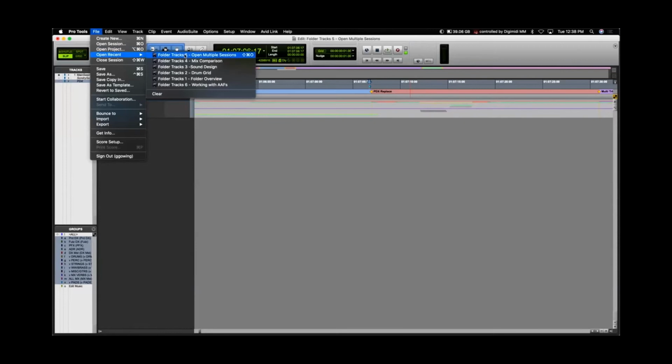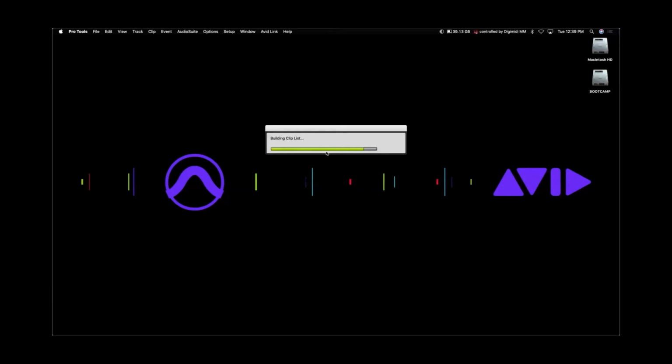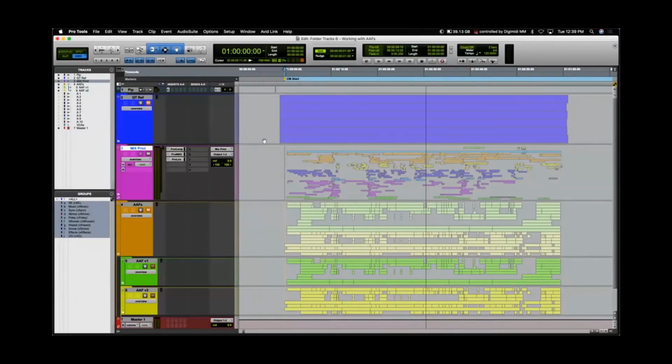And then one last way to use folder tracks is if you work a lot with AAFs. And similar to what we're doing here with multiple sessions open, kind of how we were working before with our sound design session, you can have a bunch of different elements that are all compartmentalized away in different tracks or in different folders that allow us to really easily jump back and forth between maybe the main part of things that we're working on, like this mix print folder. We go in here,